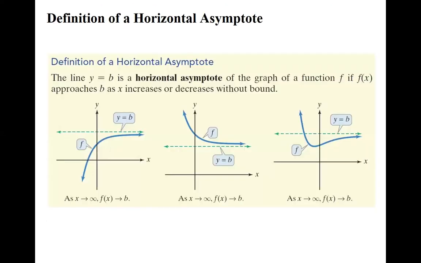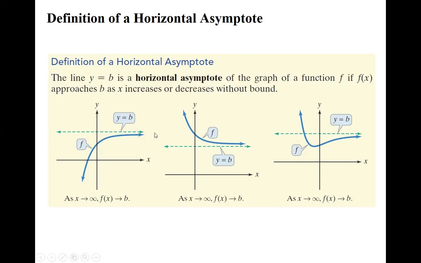Let's switch things up from vertical to horizontal. For horizontal asymptotes, we want to look at what happens in the long run. We want to look at what happens when x approaches infinity or x approaches negative infinity. So horizontal asymptotes are a little bit different than vertical asymptotes. Vertical asymptotes, I said, we never ever cross. There is a situation where we can cross a horizontal asymptote, though, because again, horizontal asymptotes are about what happens